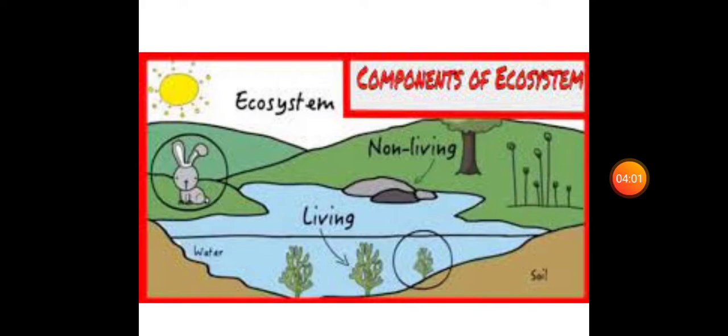So one important thing: all the living components depend upon the non-living components like air, water, sunlight and land. Without the living component, the non-living component can still exist in our environment, but without the non-living component, there is no possibility of the living component in our environment, because all the living components depend upon the primary things like air, water, earth and sunlight. Earth means land. Okay.